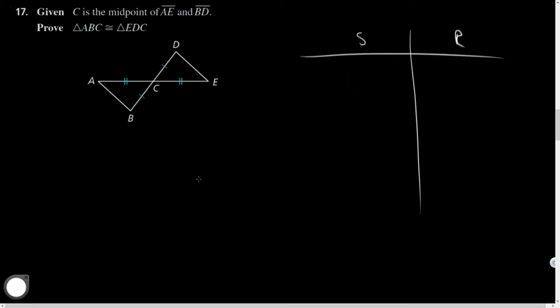Statement, reason, here we go. All right, now they've once again got this information labeled, but I technically can't say that just yet. I'm going to try to justify it. I'm going to say BC is congruent to DC, as well as AC congruent to EC. Same reason for both of them being